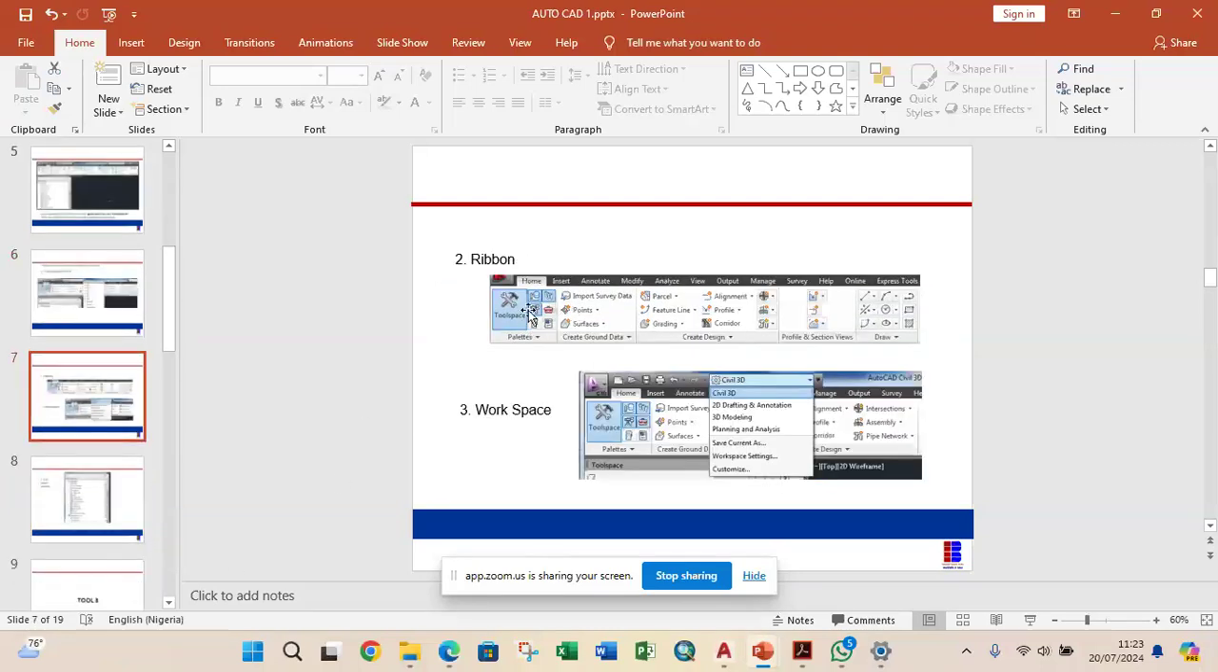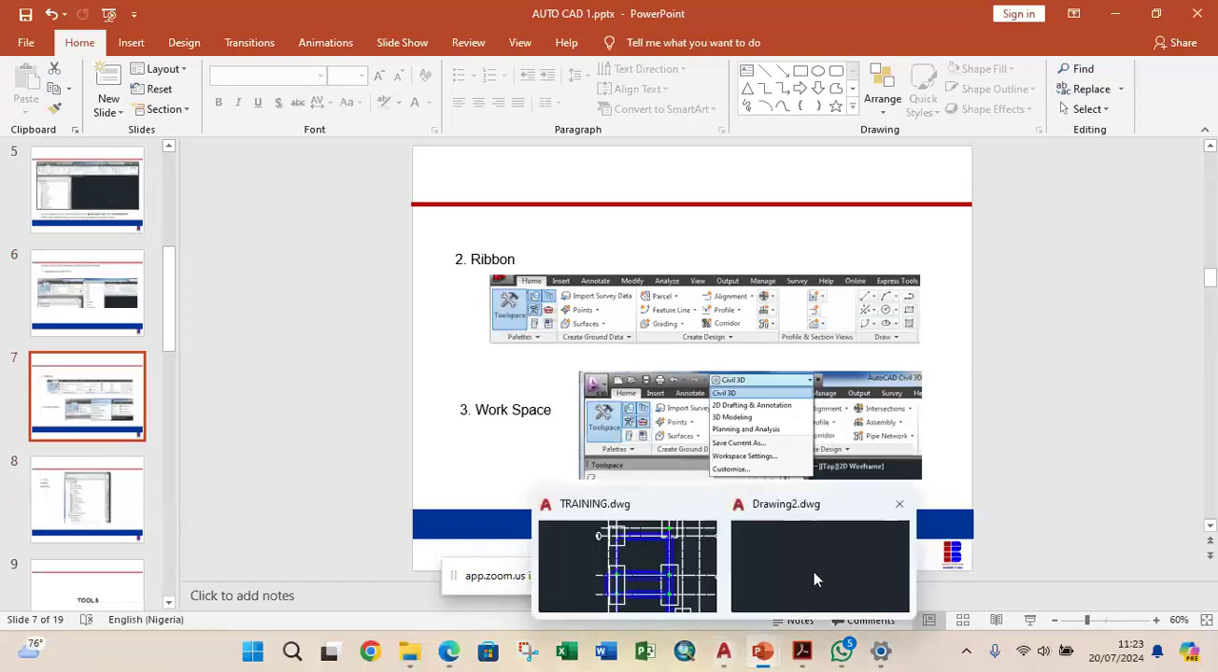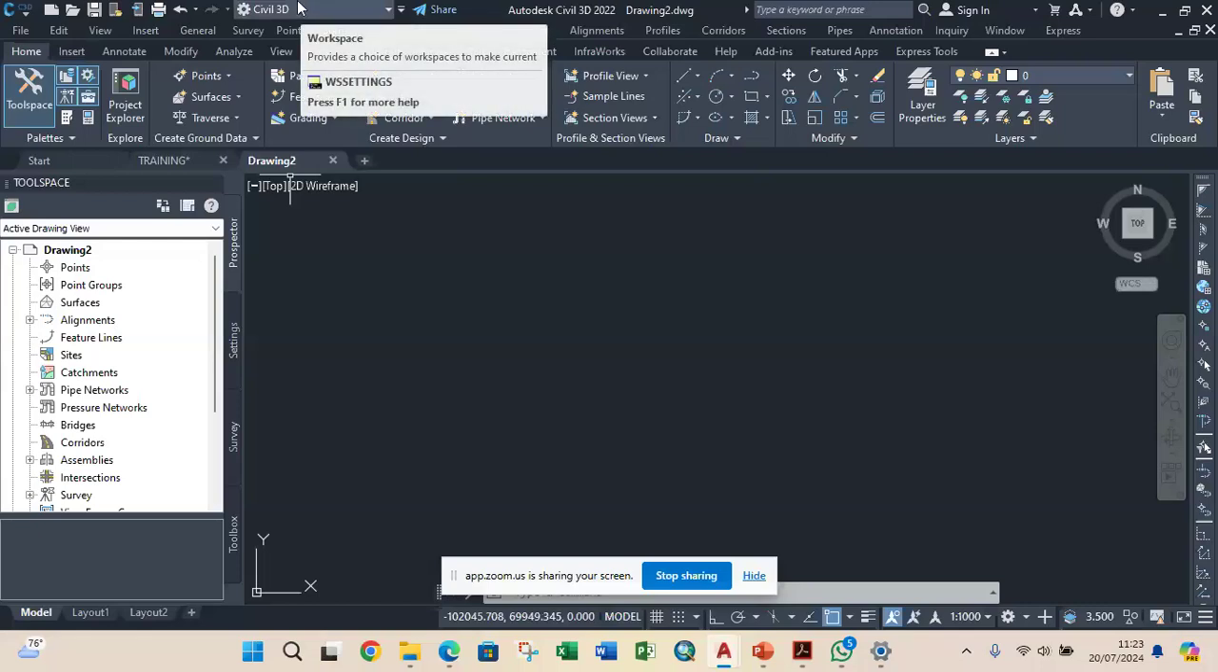The next item is the ribbons and the workspace. So this is the ribbons here. All of these are the ribbons. In our workspace, if you put your cursor here, you can see it's displayed as workspace. So what this workspace means is that if you have Civil 3D on your software